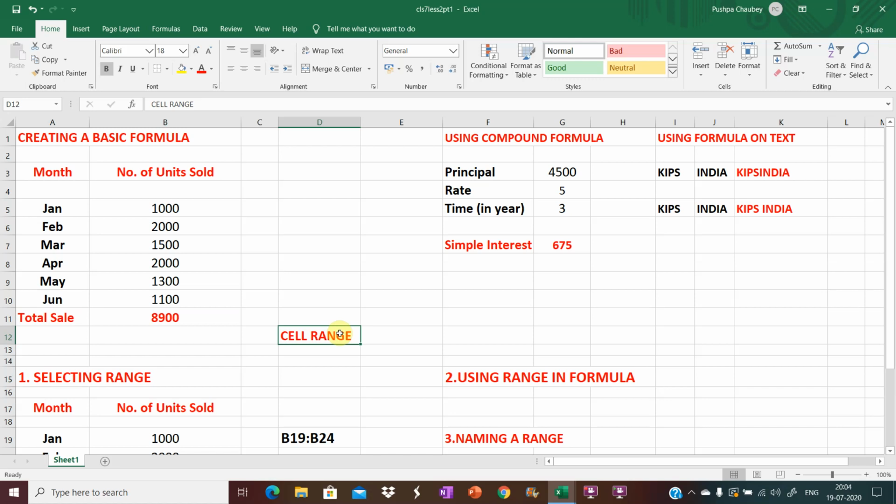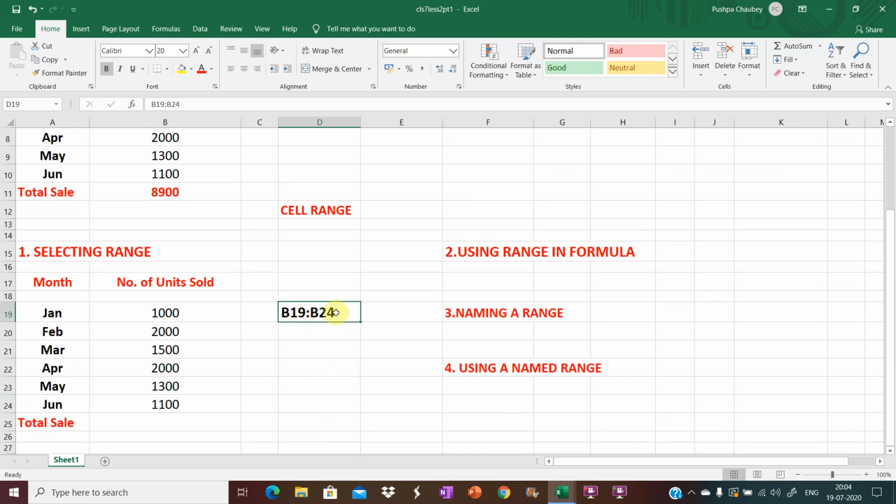You can specify a range by writing the starting cell address followed by the ending cell address, both separated by colon, like this. Cell range can be specified by writing the starting cell address and last cell address separated by colon symbol.